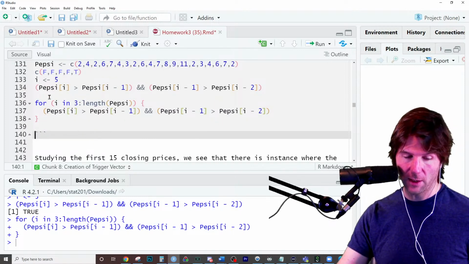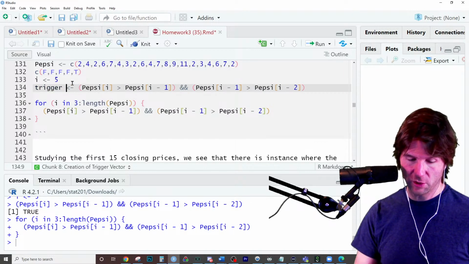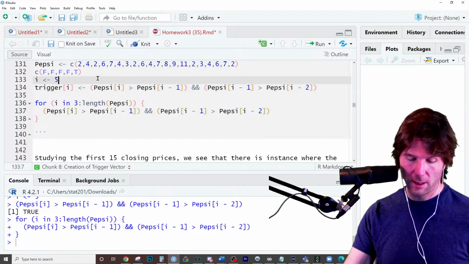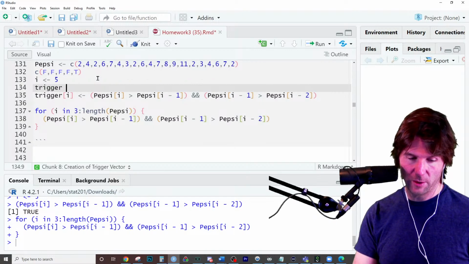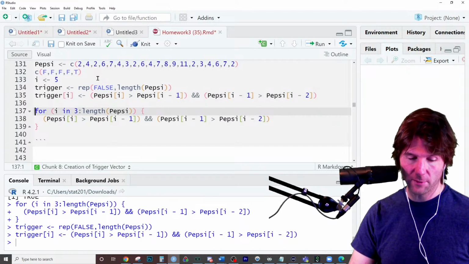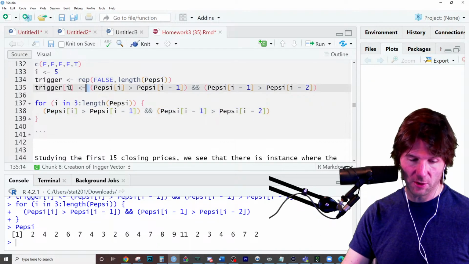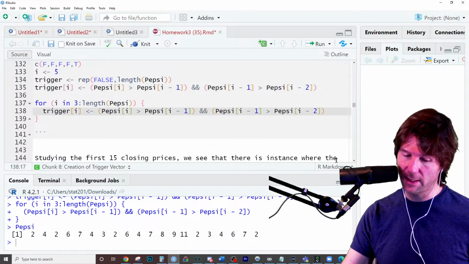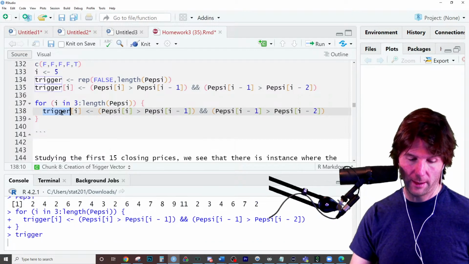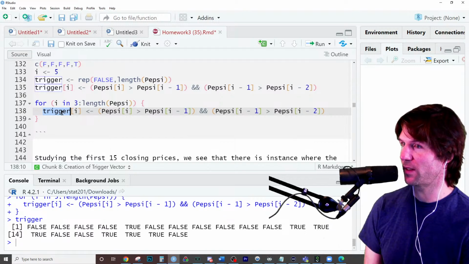And so now when I run this, I also want to store the output into my trigger vector, and it'll store into trigger position i. My trigger vector needs to be trigger of rep of false for length of Pepsi. And that ran that one. Nope, well, we're looking at Pepsi. We need to put our store into, because I'm storing for the ith element my choice to do. And there's the answers. And we do see it true in the 5th. Yeah, length, or for me, Pepsi, exactly.